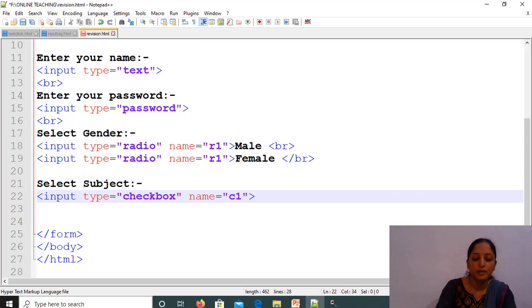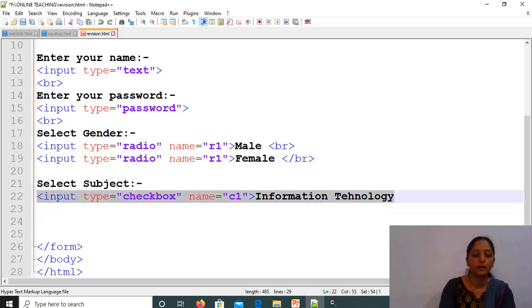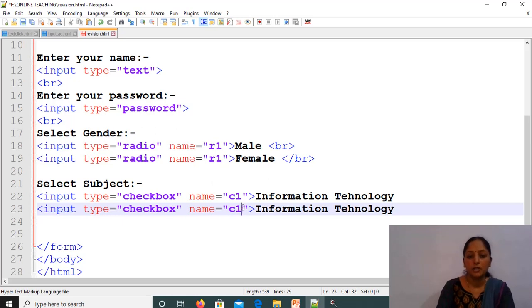So the first subject is, for example, information technology. Okay. Then the next subject. So we just make a copy of it and paste it here. Then we change the name of the checkbox and only the subject name. Then suppose, for example, physics.